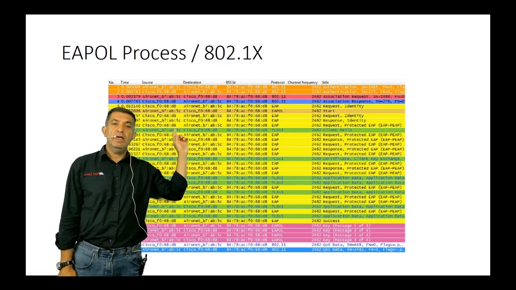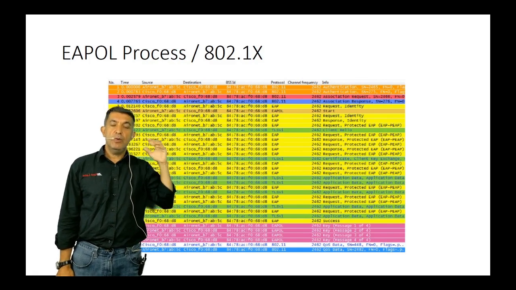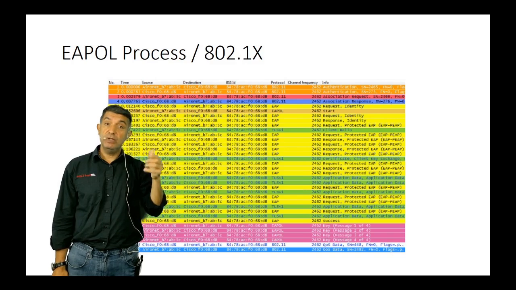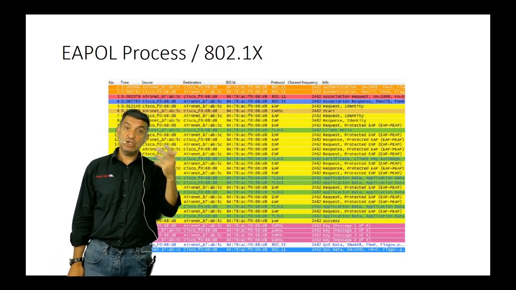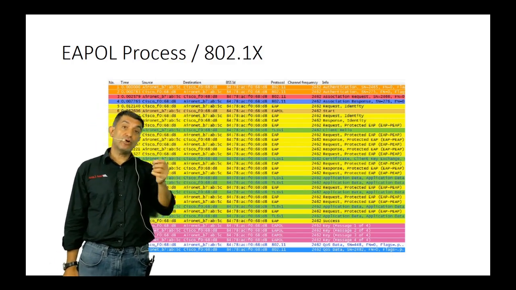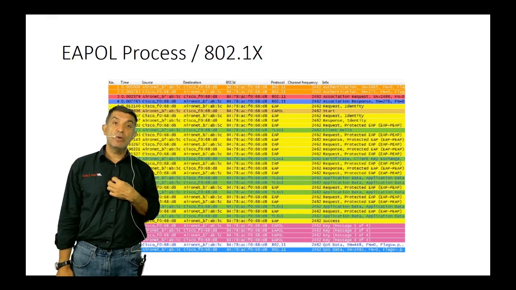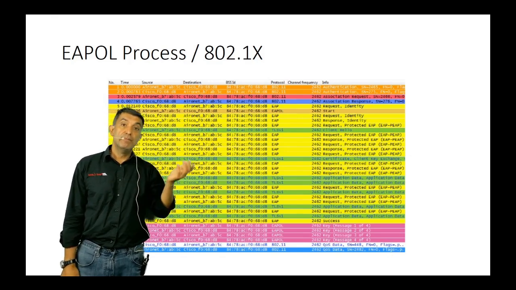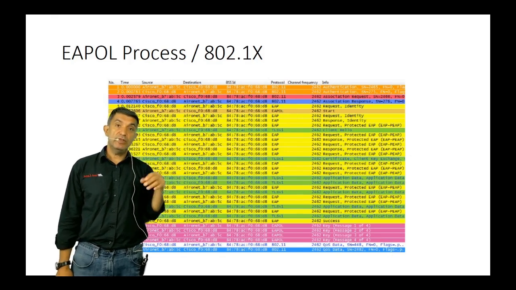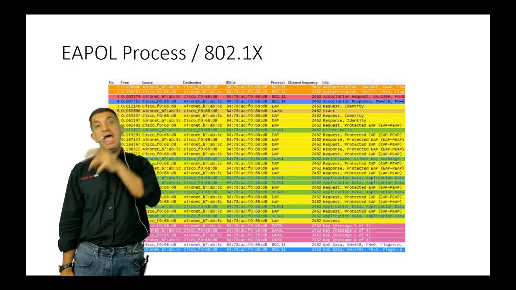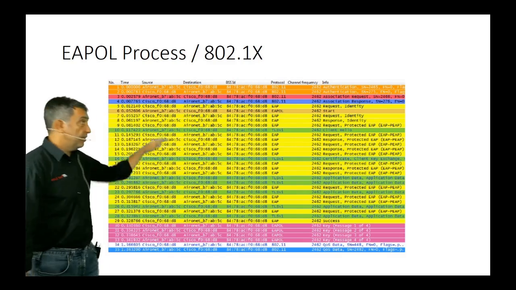For example, in the case of PEAP, protected EAP, we have only a server-side certificate. It is of course different compared to EAP-TLS, where, for example, we have a mutual authentication with the server-side certificate and the client certificate. Then we have